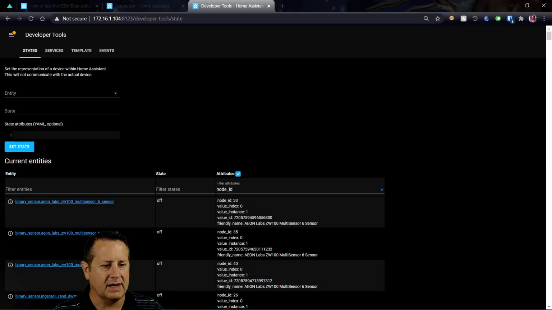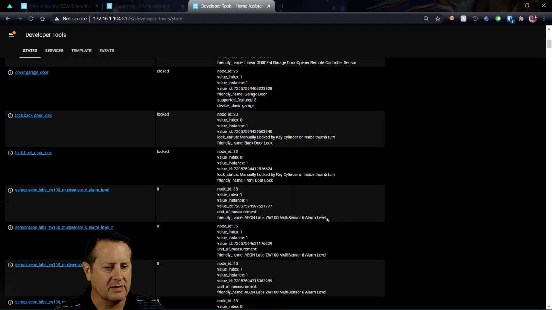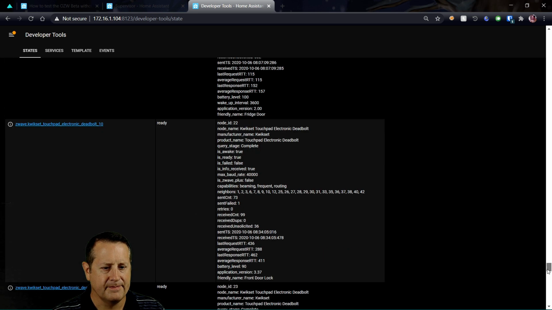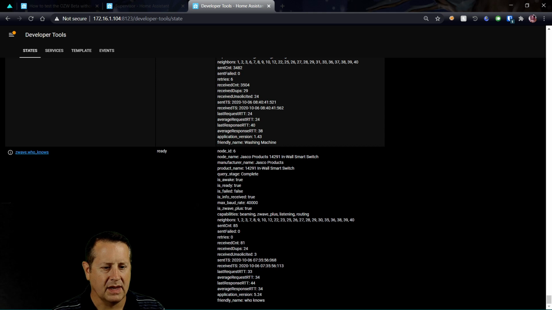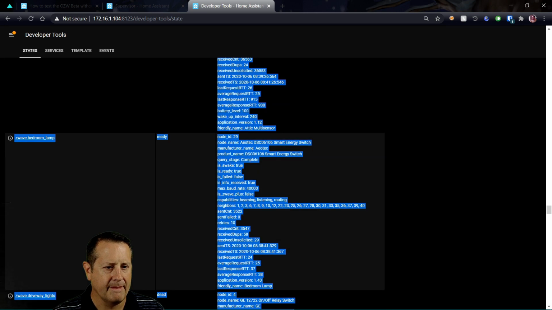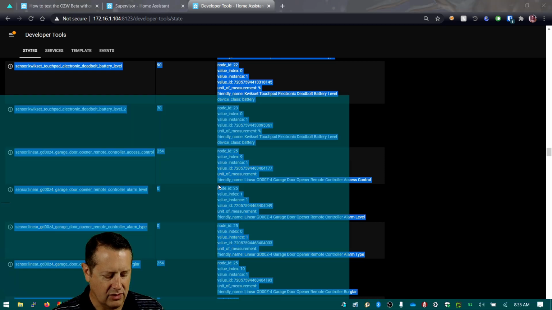And I filter for node ID. Everything that has a Z-Wave node ID will show up on this list. And I go through and I grab, and this takes a little bit of finesse. I try to grab the first line here, and sometimes it works better if you go to the bottom. But if you hold down the Shift key and highlight all of this, which didn't work, so we'll put it here. We'll just go up like this, all the way to the top. Oh, maybe it did. All right, so then I'll do a Control-C on the keyboard,